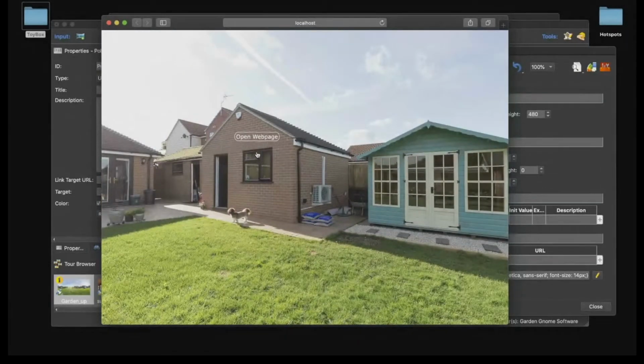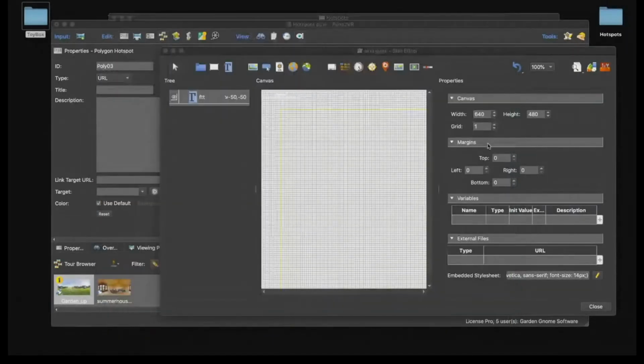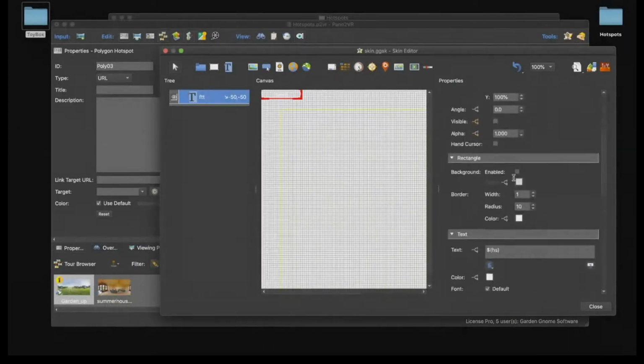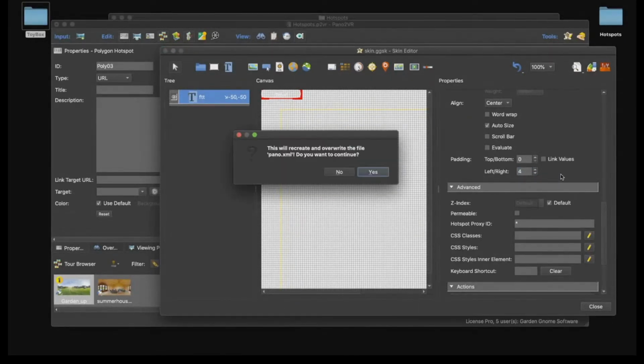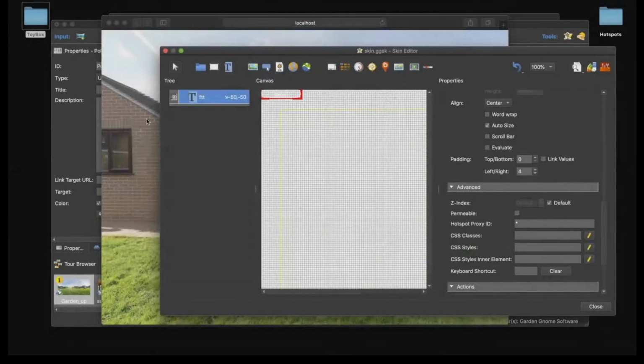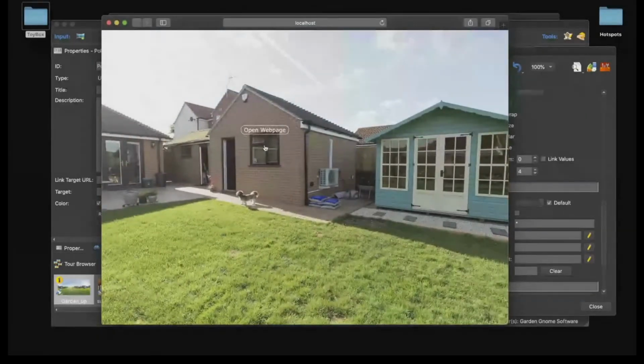I could do with a bit of padding either side, so let's just do that. So again, select the text box, whiz down to padding, deselect the linking values. I only want the left and right set to say 4 pixels. Again, save, keyboard shortcut, save, and G for generate. And here we go. All right, so that's looking a little bit better. Right, okay, so that's basically how to build a floating